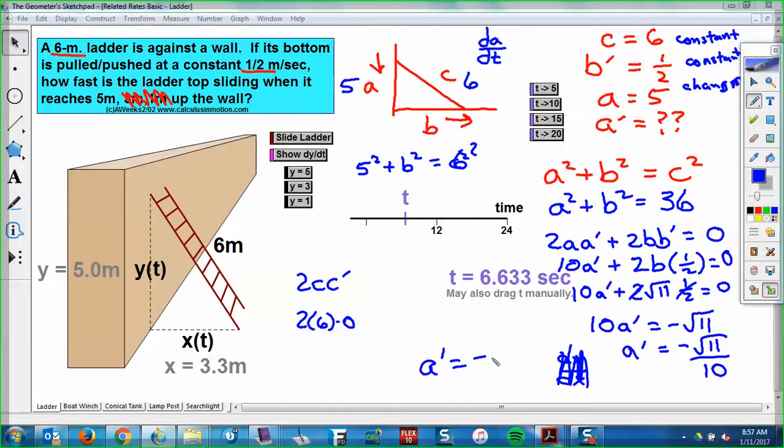What do you got? 3316. And that would be meters per